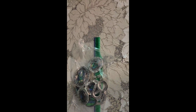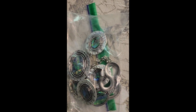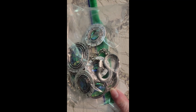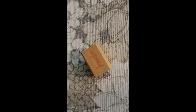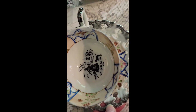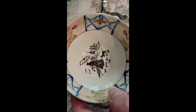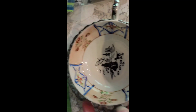All right, well, actually I changed my mind. Up next, I am going to show you the additional sales. So the beautiful abalone necklace and earring set has sold. Someone did claim the Jennifer stamp. This wonderful teacup from the Monday sale with the woman and her dog. Very different, very unusual set. The necklace,